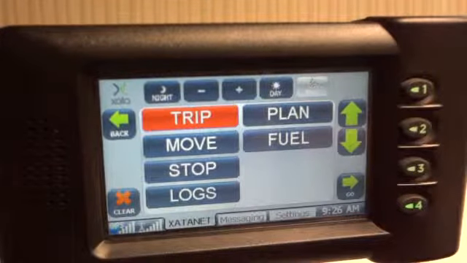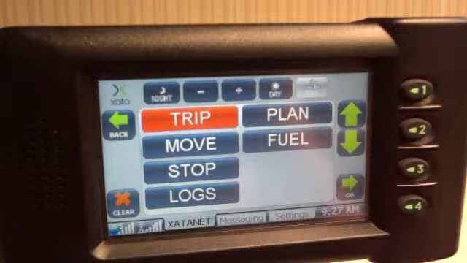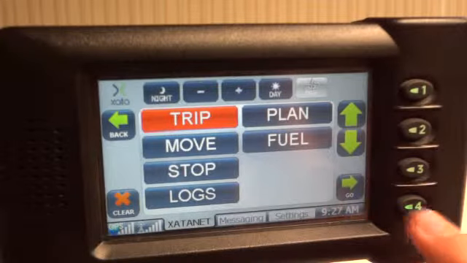In this video, I'm going to be showing you how to log in and also how to hook a trailer. This you would use if you were by chance leaving the yard with the trailer in tow in order to go to the shipper to pick up cargo. So the first thing you want to do is make sure that trip is highlighted in red or orange,